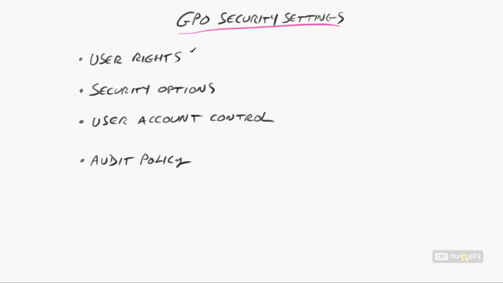And most of this stuff I'm just going to show you by way of demonstration, but the four main groups here, it's kind of like the four main food groups. Well, here we have the four main group policy object security groups of user rights. So, for example, would someone have the right to be able to shut down a computer? Security options, and there's, again, many of those. There's user account control, and you've seen that before, which, starting with Windows Vista,